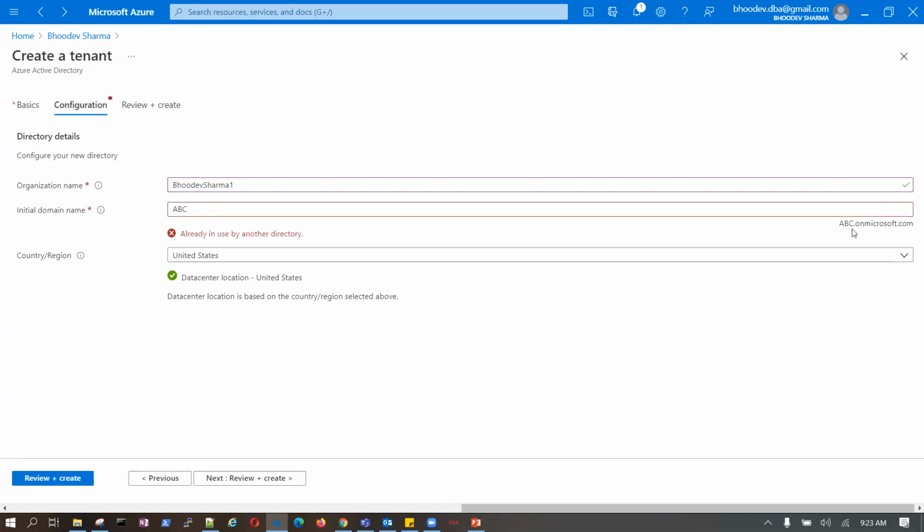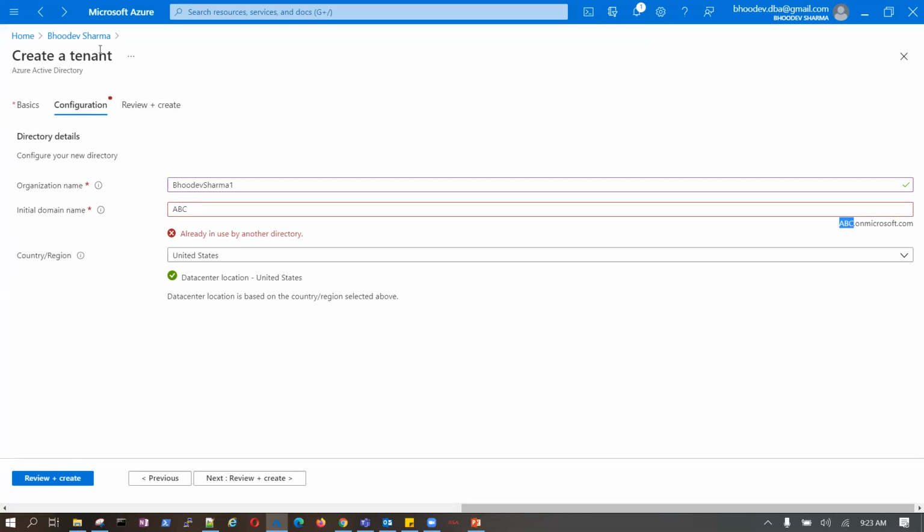It will go abc.onmicrosoft.com, right? ABC becomes my domain. Now I can use it, so I can create a user in this domain also. That is Azure Active Directory. It has nothing to do with the Active Directory. Just remember, keep these two things different.